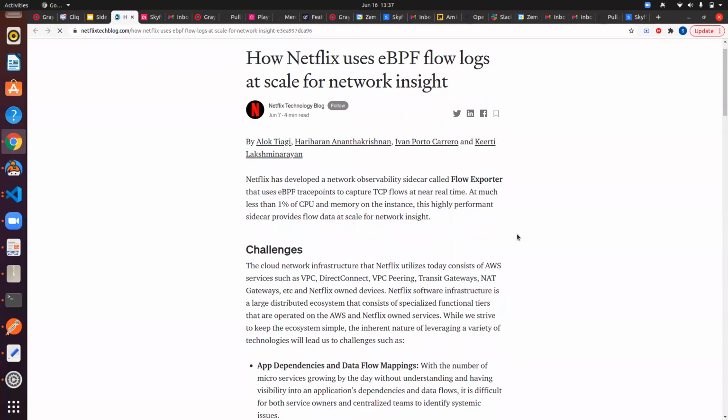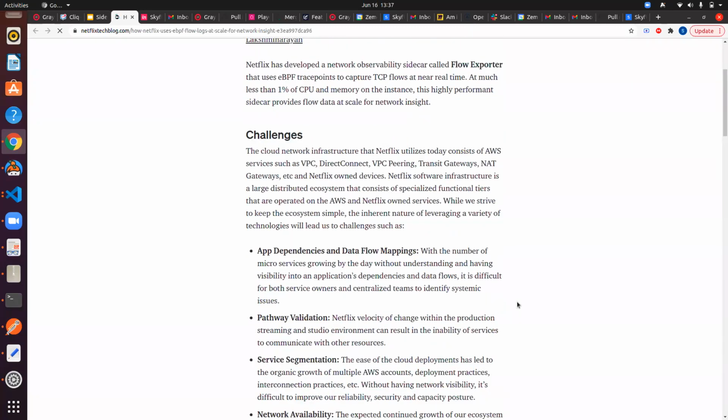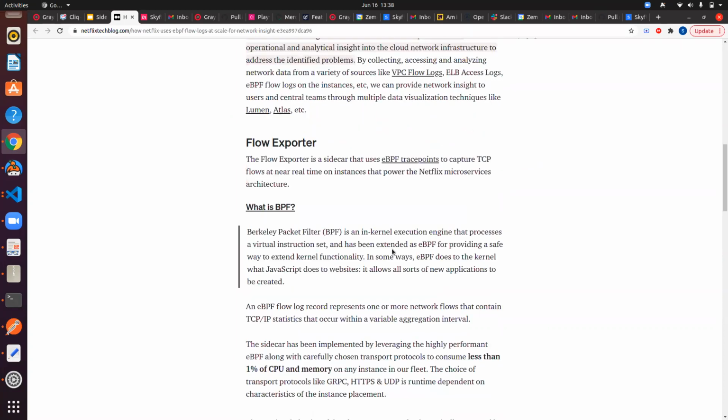So I can just open this blog once. Is it like which service is talking to which service? Yes. And also they are using this for network forecast analysis. Like how is the network increasing over time, how many users they are seeing, and accordingly they can scale their systems also. So network availability and service segmentation validation, everything they can use within this one.